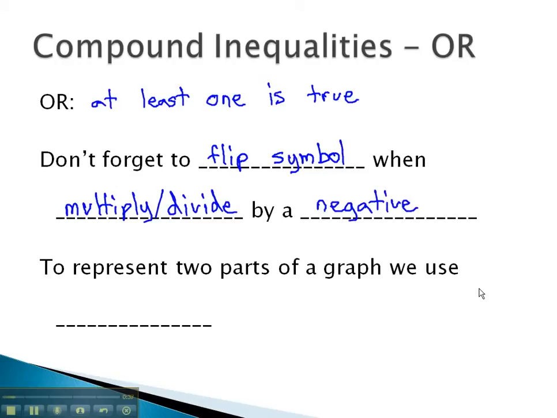As we graph these, we may find we have two parts of a graph because we only need one to be true. To represent two parts of a graph, we use the symbol that looks like a horseshoe, which is read union. Let's take a look at an example where we use that symbol